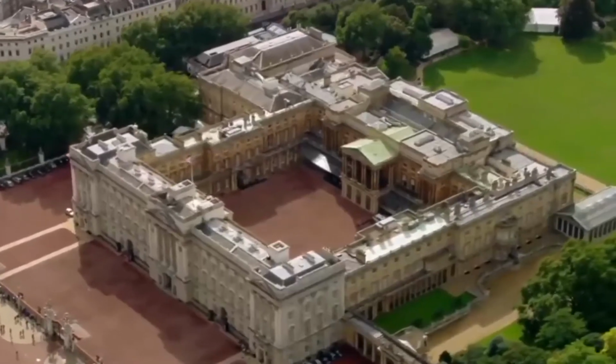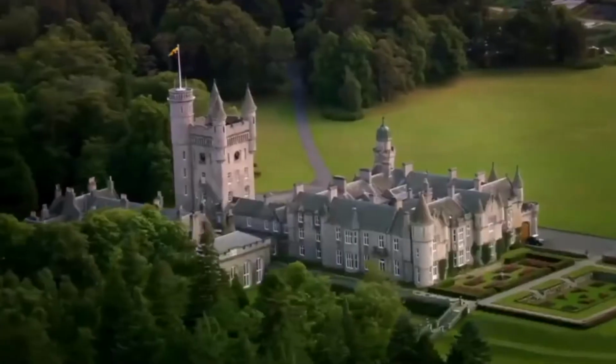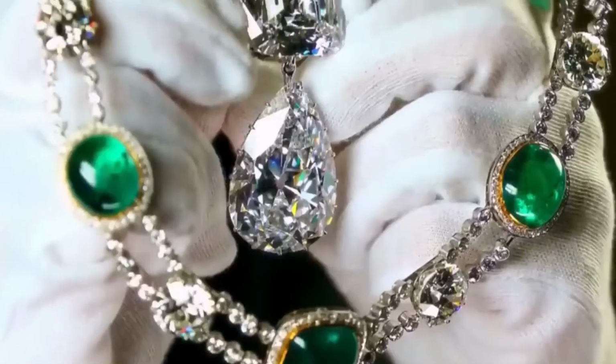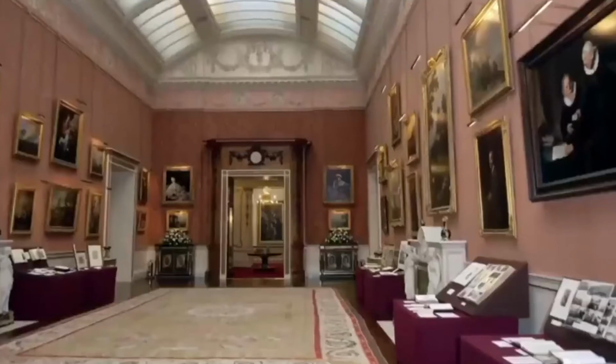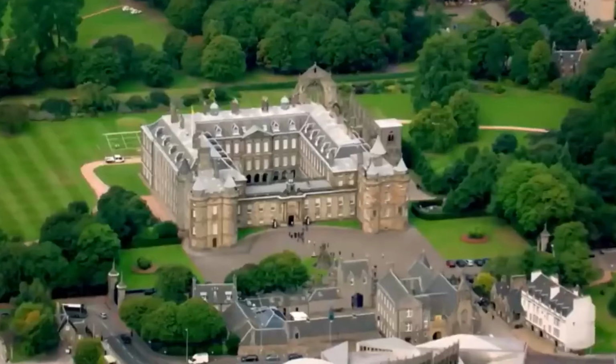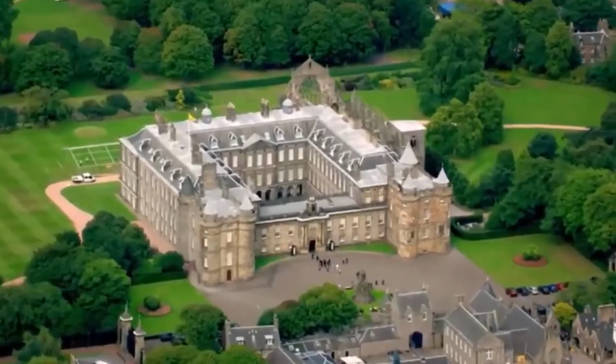Royal palaces have always reflected our national history. But it's not just these magnificent buildings that the crowds turn up to see. It's the royal collection, spread across the palaces and holding everything from priceless jewels to mysterious royal artifacts that bring the past back to life. And at Holyrood Palace in Edinburgh, one of the most macabre and intriguing items in the royal collection is to